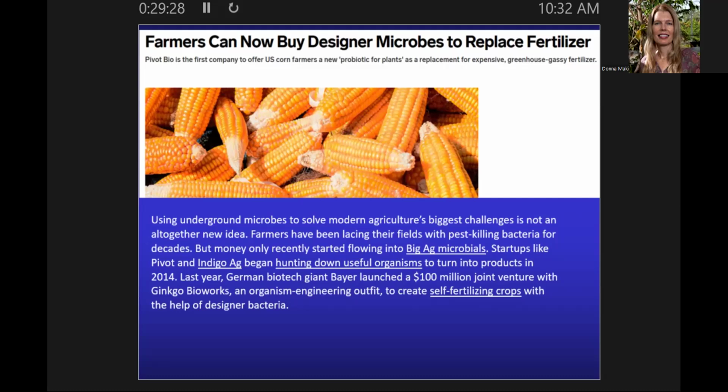And so startups, the idea here is that there's all these new companies coming out that are looking for, I don't know, Bayer aspirin. So this is a huge biotech company. They certainly make Bayer aspirin, but they make all kinds of other things. And so this idea of self-fertilizing crops with the help of designer bacteria. So what they're getting at here is they're zeroing in on, can we find bacteria that we can put into our fields that we grow corn in and get them to fix nitrogen,